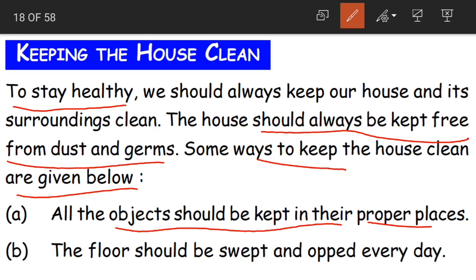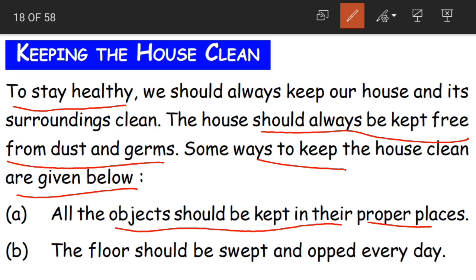They'll become wet and we have to dry them outside. That is where you dry your clothes, in the sun. You cannot just throw them in any room or on any other object in the rooms. Then it doesn't look clean and it doesn't look good either. So all the objects should be kept in their proper places.